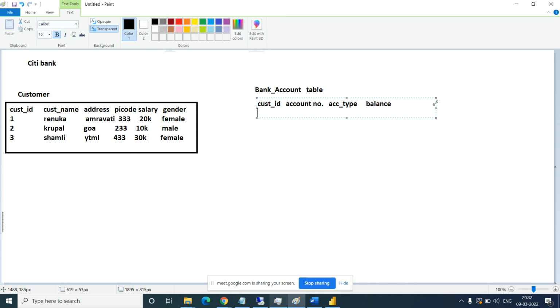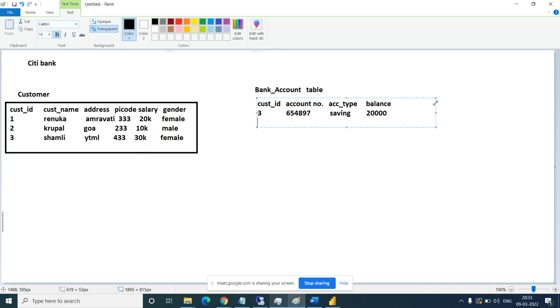Let's say customer 1 is Renuka. Her account number is a saving account, and suppose 20,000 balance is available.